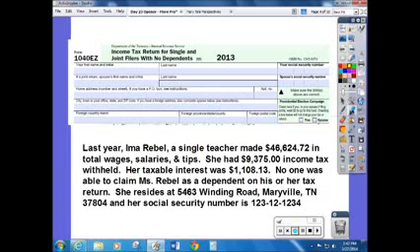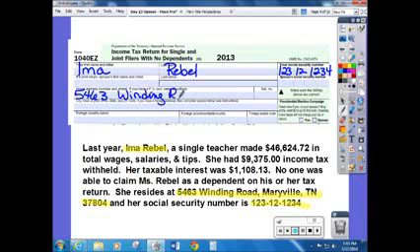What we'll need is her name, her address, her social security number, and that should be it. So let's go ahead and fill out the top part. We don't have a middle initial, so we'll just leave that blank. Rebel, her social is 123121234. Her address is 5463 Winding Road, Maryville, Tennessee